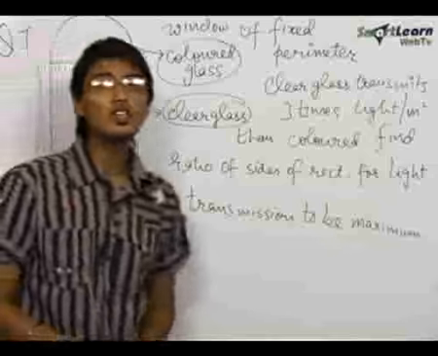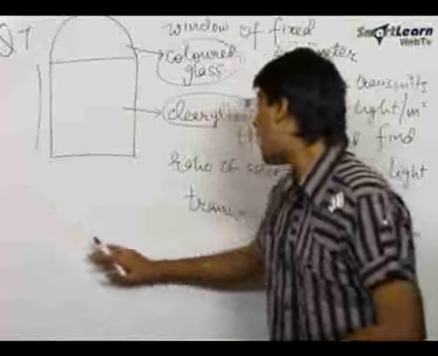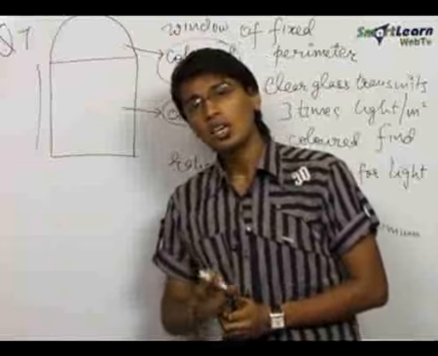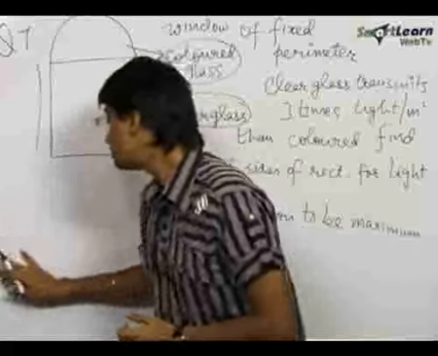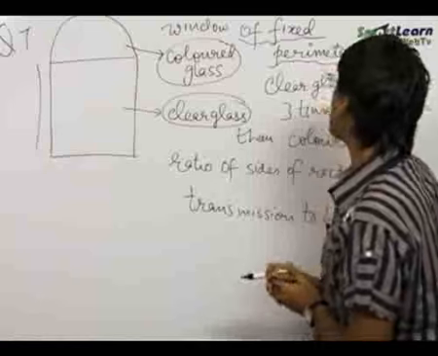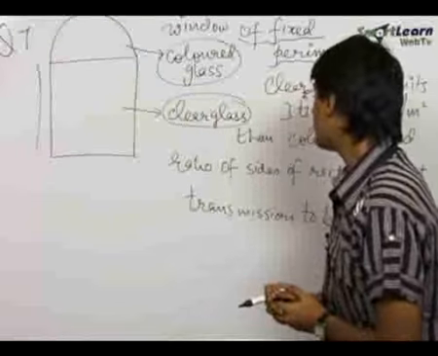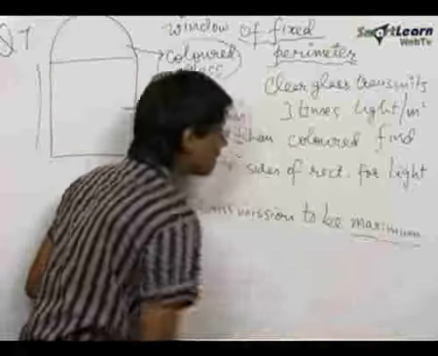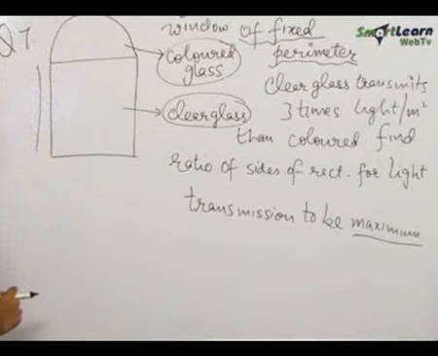We need to find the ratio of the sides of this rectangular portion in order to have maximum transmission of light through this window. Now these types of questions of maxima and minima need to be solved by first writing the data which is given in the question and then applying that data in the other equation that is asked to maximize certain things. Now the data given in this problem is a window of fixed perimeter.